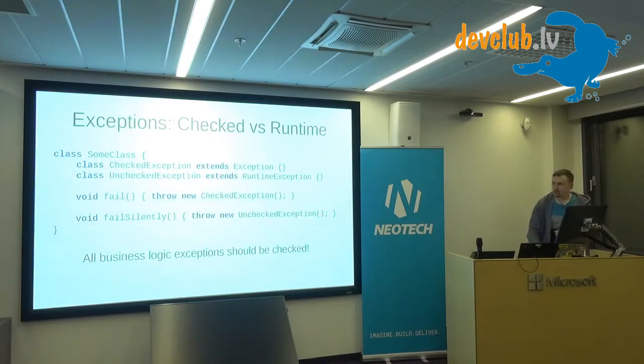So, next topic: checked versus runtime exceptions. First of all, a small reminder. What's the difference? Checked exceptions extend Exception, unchecked extend RuntimeException. If you throw a checked exception, you have to either declare it or try-catch it. Otherwise, you can silently move forward, and it will just float somewhere else